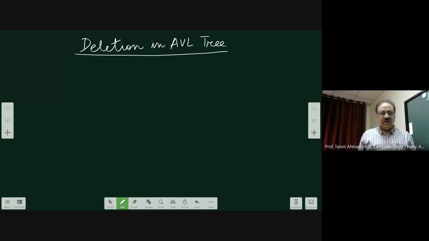Now, deletion in an AVL tree will have basically six cases. But when I say six cases, it is only three cases, and three are the mirror images of the other three. Therefore, there are three cases which are called the R0 rotation,